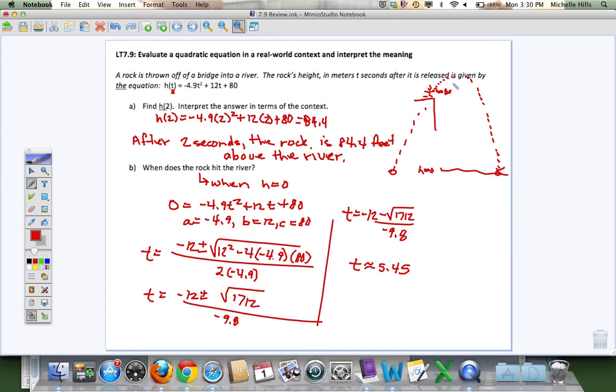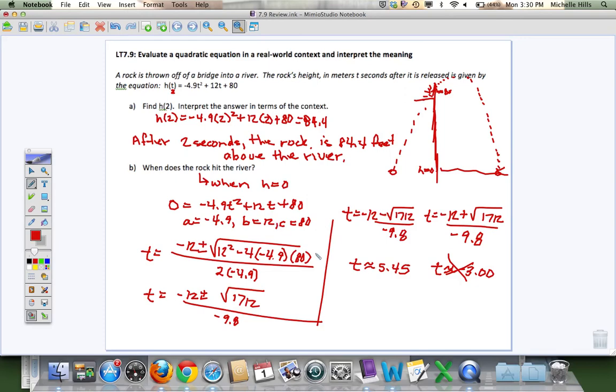And it's going to be the one that makes sense, because here is where time is 0. I release here. Time is 0. I'm going to get a negative answer, but just to be safe, let's make sure this works. Negative 12 plus the square root of 1712 over negative 9.8. When I solve that, that one rounds to negative 3.00. It doesn't make sense to say that it hit the river before I threw it,